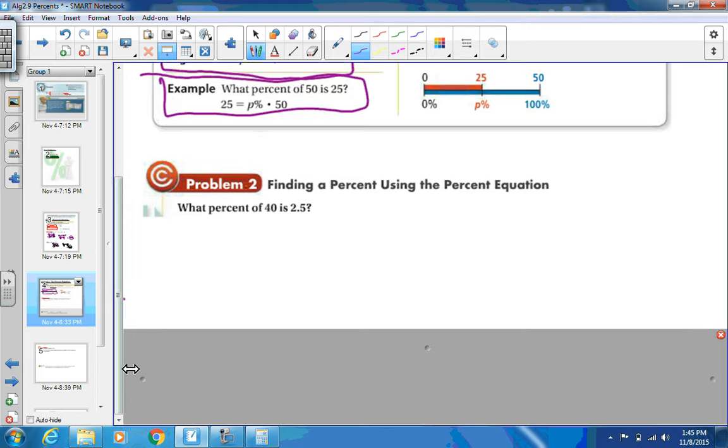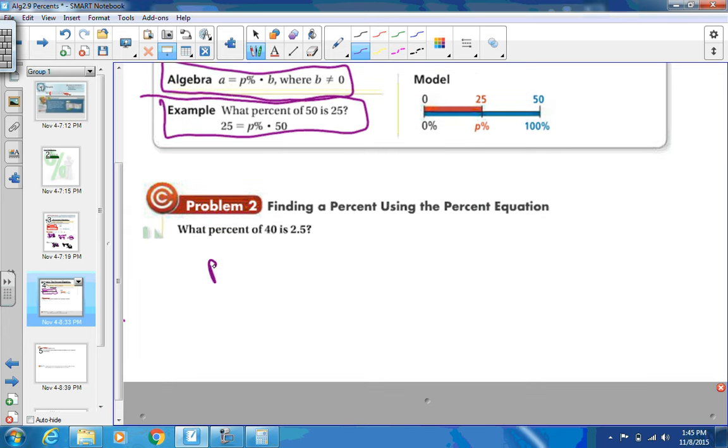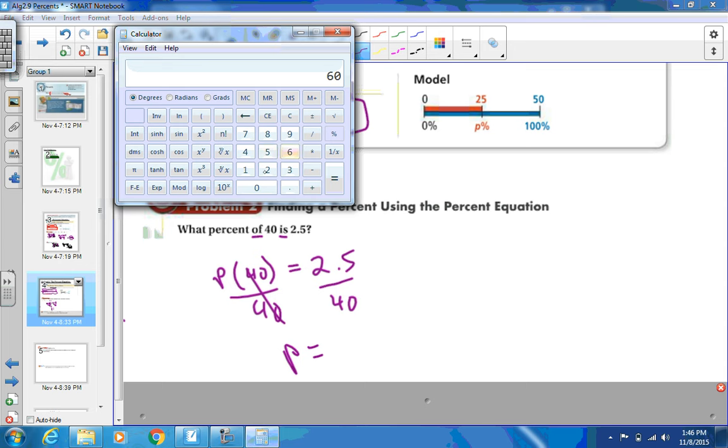So we're going to do that with this one example right here. It says what percent, so we're going to say that's our P%, and I'm just going to use P, of 40, so P times 40 equals 2.5. To solve for the P, we divide both sides by 40, so P equals 2.5 over 40